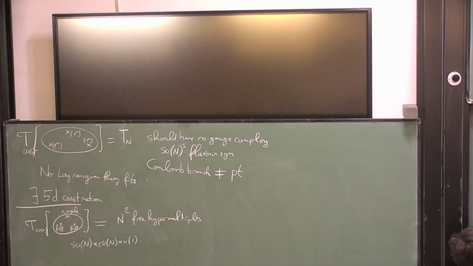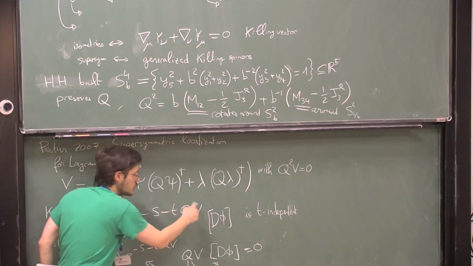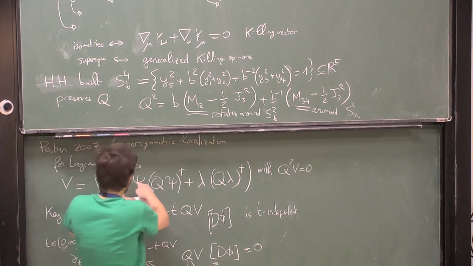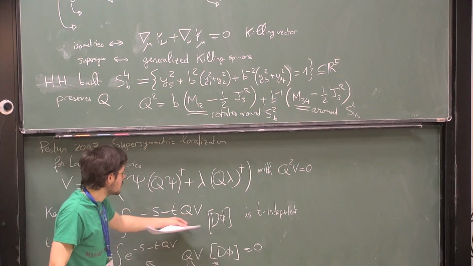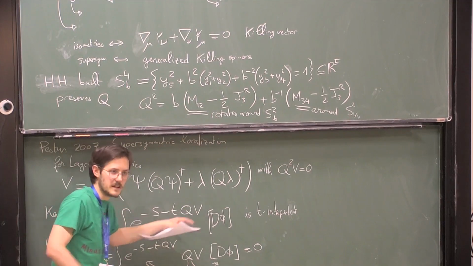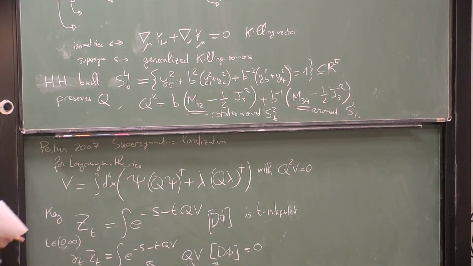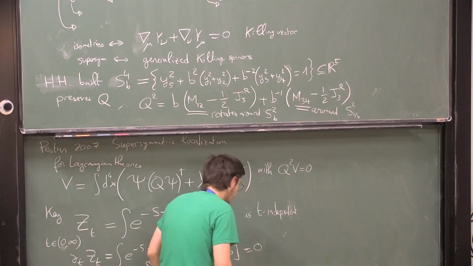The main thing is then the Z that you care about, the value at 0, is going to be equal to the limit when t goes to infinity of Zt, which localizes, which reduces, let's say, to zeros of qv. So configurations of the fields such that this qv is 0. Because qv is basically q psi squared plus q lambda squared, so it's something positive. If you take a configuration for which it's strictly positive, then it's going to be completely suppressed by this e to the minus t qv when t goes to infinity. So you only keep the zeros of qv. And so qv equals 0